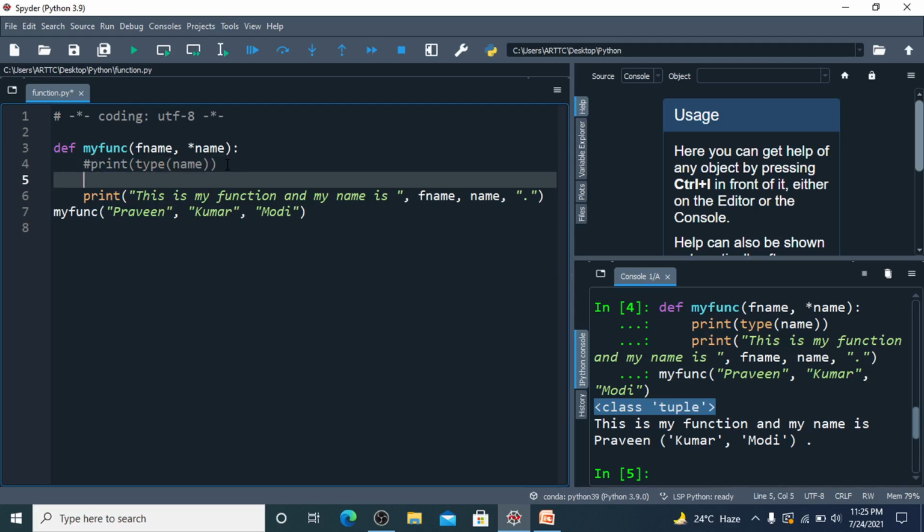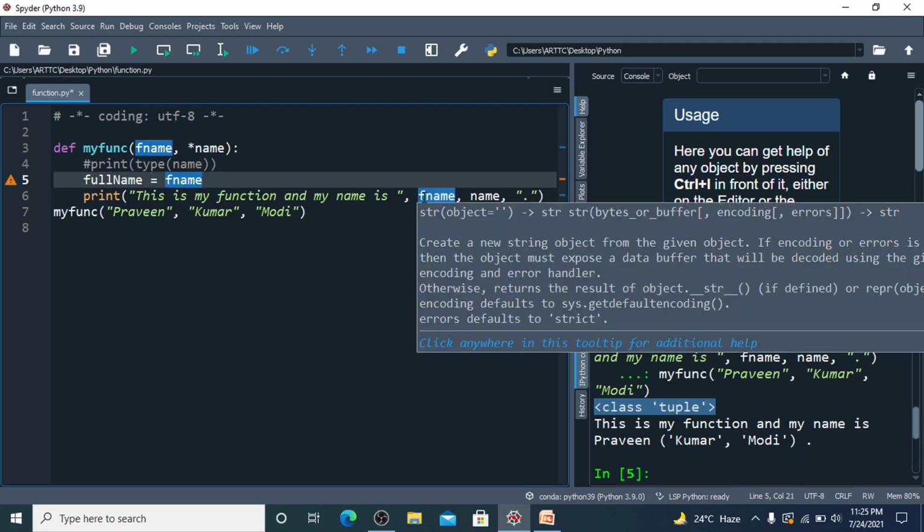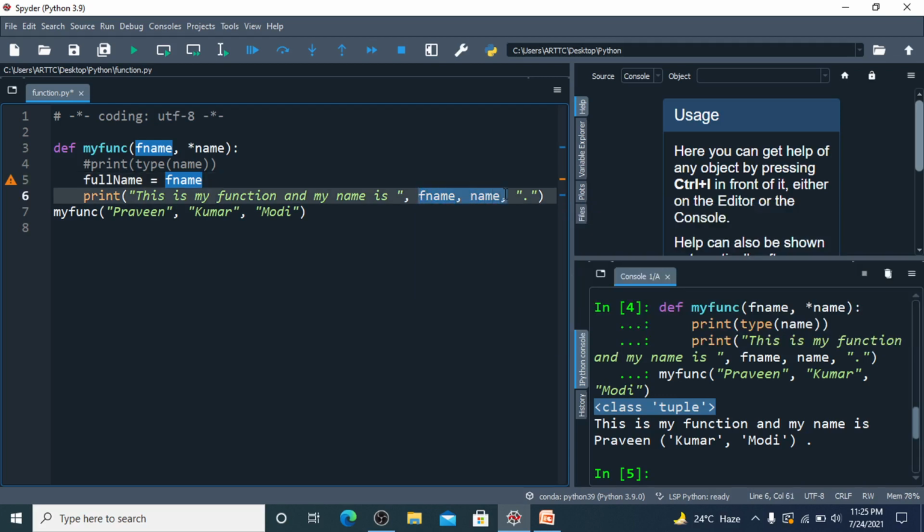I'm using another variable, full name is equal to fname, and here we will simply remove all this and use full name. Now after this, we will use the variable length argument, that is star name.